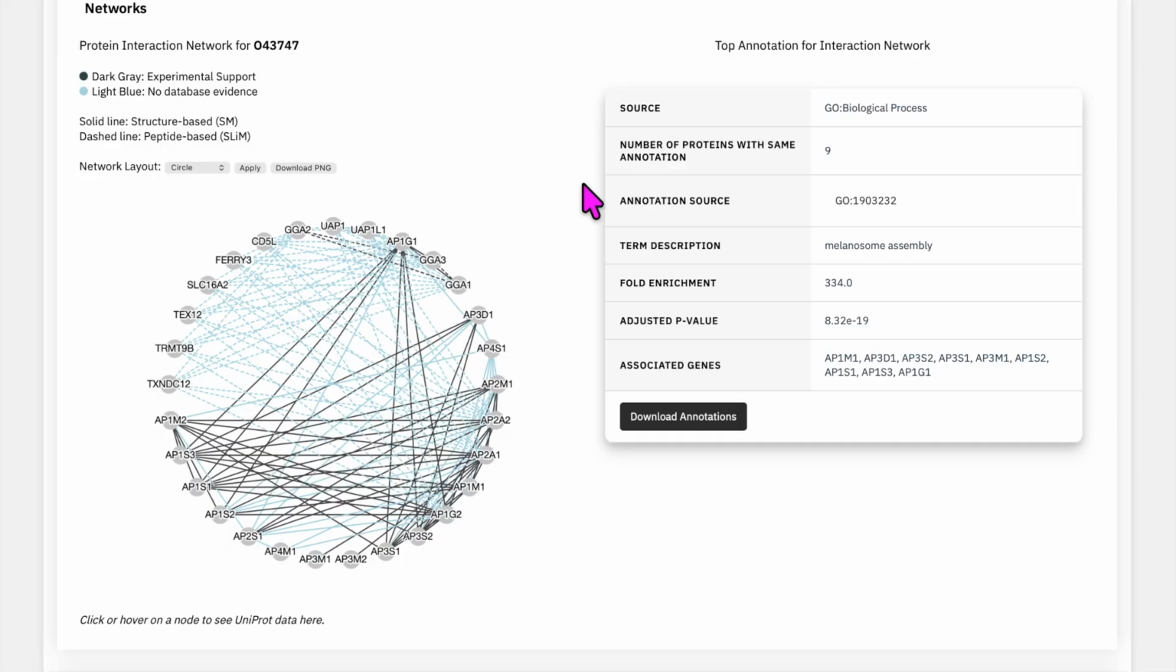Above the network, the legend explains the edge colors and styles. Dark gray lines indicate interactions with experimental support and databases, while light blue lines indicate interactions with no database evidence, highlighting potential novel predictions. Moreover, a solid line represents a structure-based or SM prediction, and a dashed line represents a